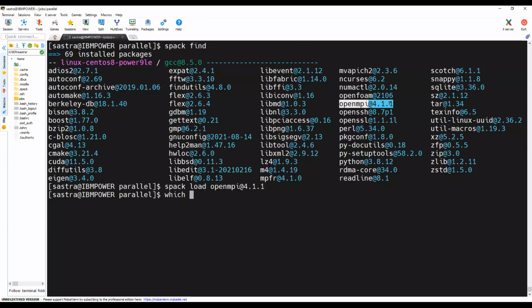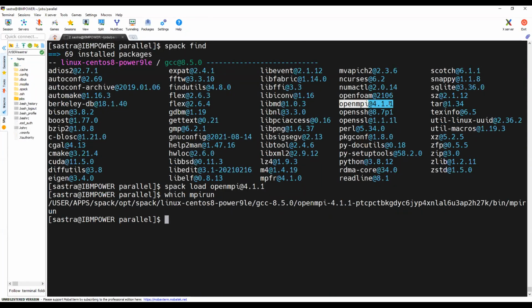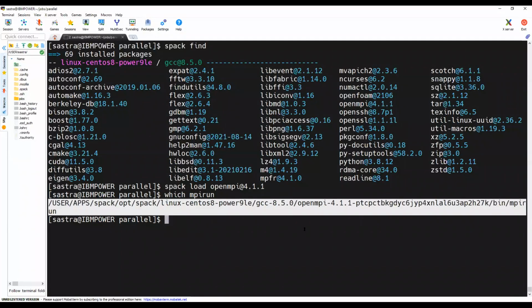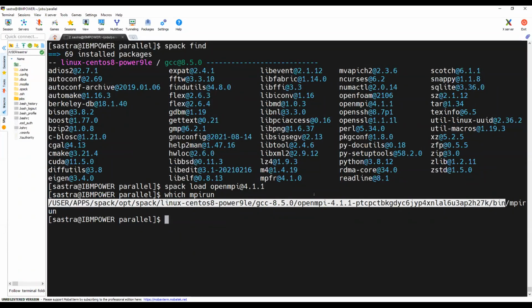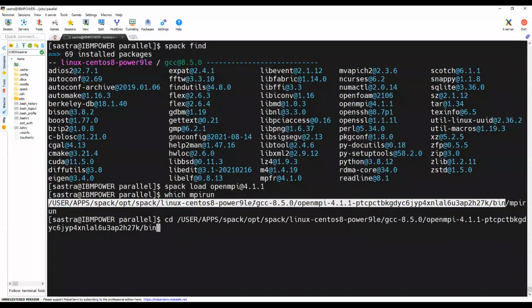So how can I check whether it's loaded or not? Using this command, which mpirun. It will tell you which command is from which path. Our Spack resides in the user apps folder, so it is telling us the mpirun command resides in this folder. Here you can see all the other MPI commands.